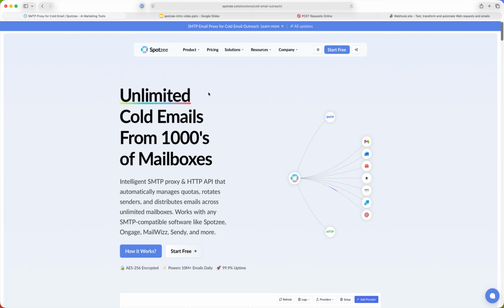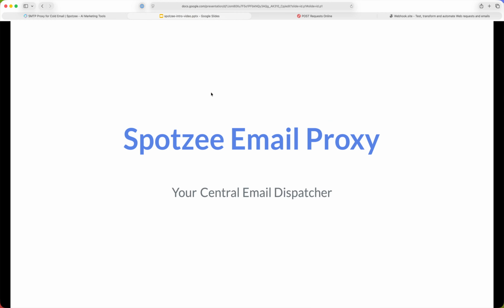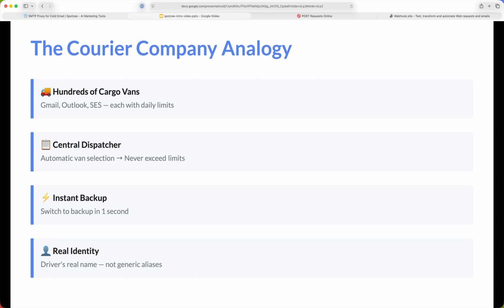So what is it? Imagine you run a courier/delivery company with hundreds of cargo vans, each with different mileage limits and different strengths. Instead of your staff manually choosing vans and watching their limits, you have a central dispatcher. You send parcels to the dispatcher and it automatically chooses the best van for each route, respecting that van's limits so it never gets overused or banned, switches instantly to a backup van if one of them hits its limit,